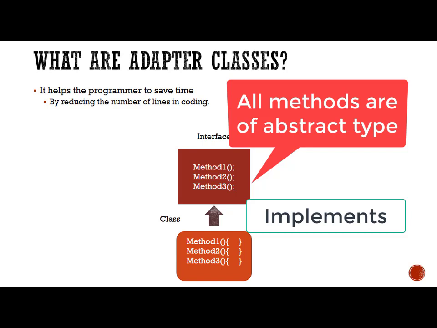So that is one of the basic disadvantages of an interface. Suppose in a class I don't want to actually implement method 2 and method 3, then what is the point of overriding them? But the interface makes it a point to ensure that you override them. If you don't have anything to write in the method, then you'll have to at least give a blank method as well. So this is one of the main disadvantages of using an interface.